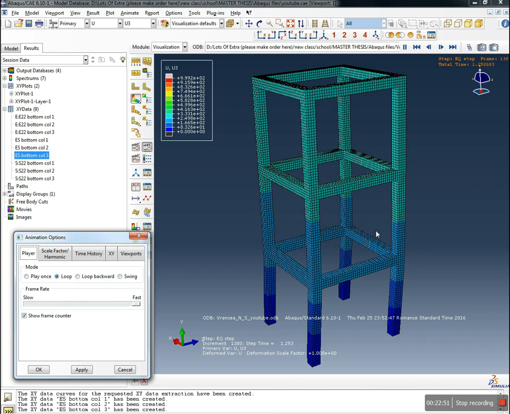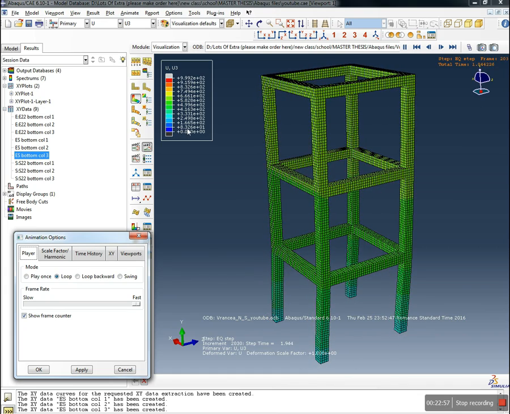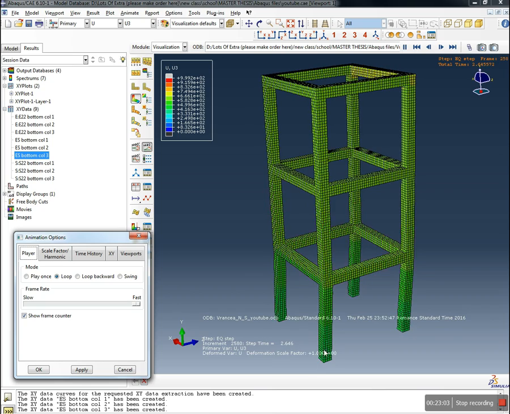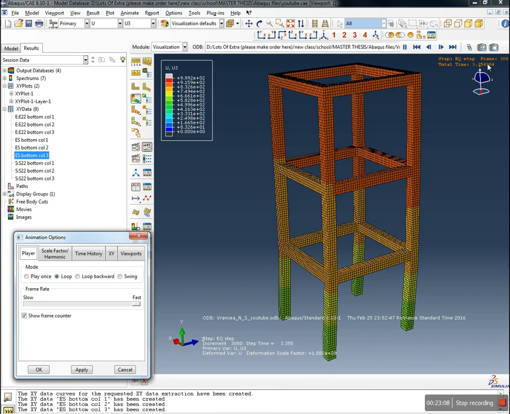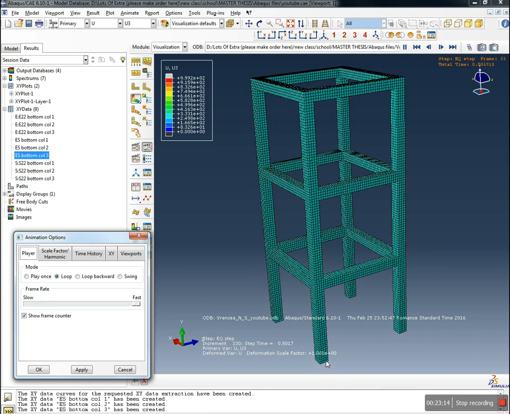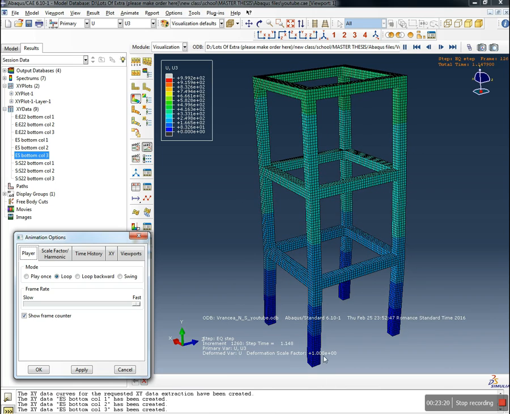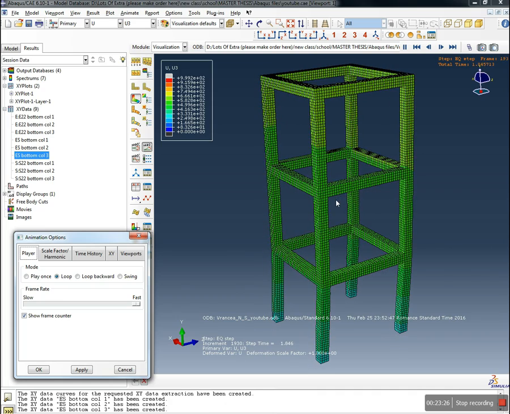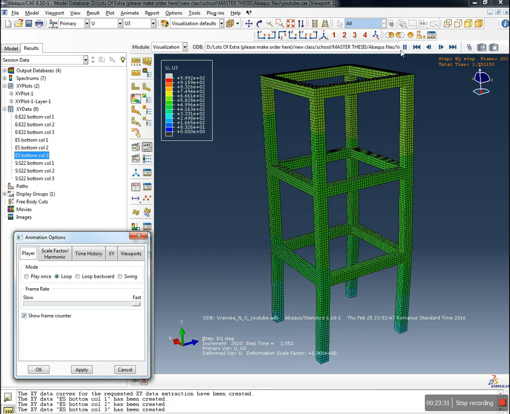Yeah, so now it's already going smoother, and you can see that the displacement with blue here, we can see 8.3 times 10 to the power 1, so it's 83 millimeters. With blue here, at some point between 0 and 1 seconds, we have here blue. Yes, like this. So here is around 83 millimeters, so 10 centimeters, and then less as you go up. Okay, so we can stop the animation from here,